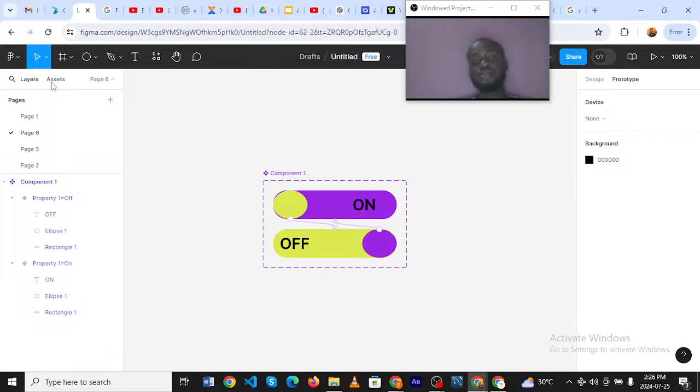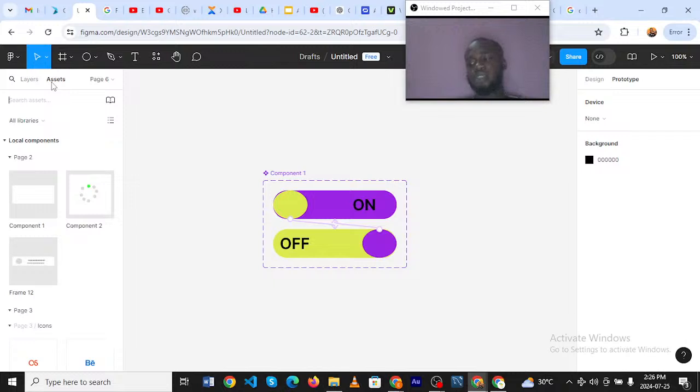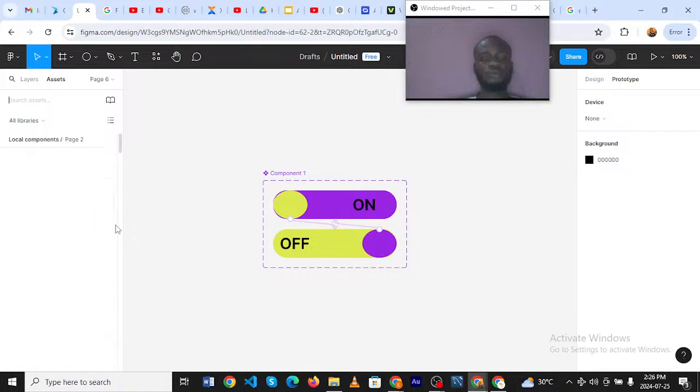All right, so once you're done, whenever you create a layer, and when you create a component, where you are likely to see the component you just created is at the asset position. So there's what we call asset. Assets are generally interactive components. Whenever you've created something in the layer, they are just shapes. Asset is where you see the interaction itself. So if we come to assets now, let's go down so that we can pick our component.